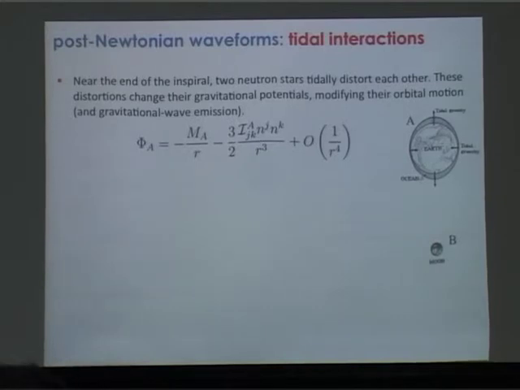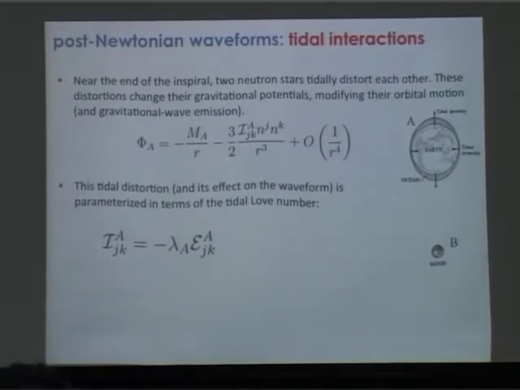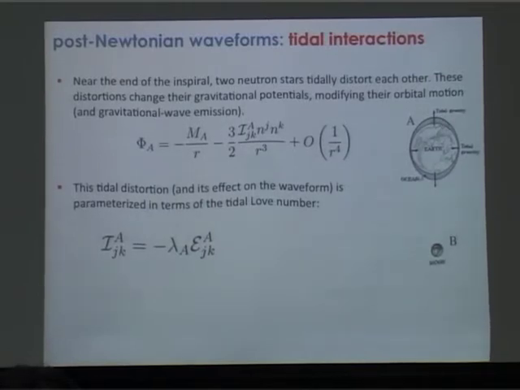And the same thing happens if I have, say, a binary neutron star. One neutron star is going to tidally distort the other neutron star. Okay, and now the first neutron star is going to feel a different gravitational potential, so its orbit is going to be different, and its gravitational wave signal is now going to be different. Okay? So the way we parameterize this distortion is through this quantity called essentially the Love number, or the tidal distortion parameter. It's basically a way to linearly relate, if I put my neutron star in some sort of tidal field, what is the corresponding linear response of that star in terms of its induced quadrupole moment.